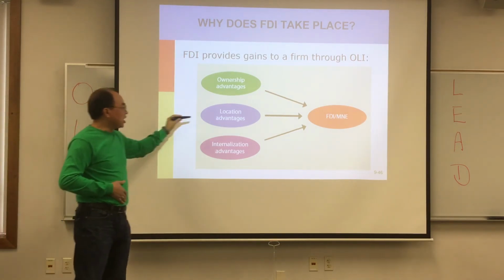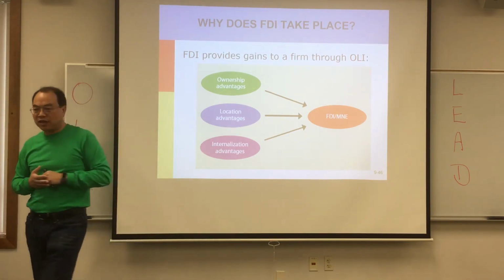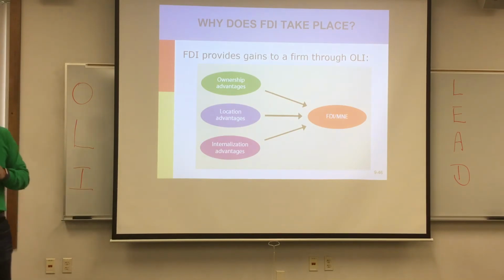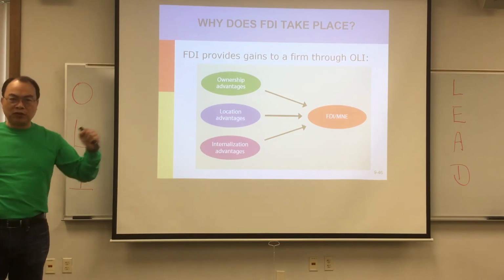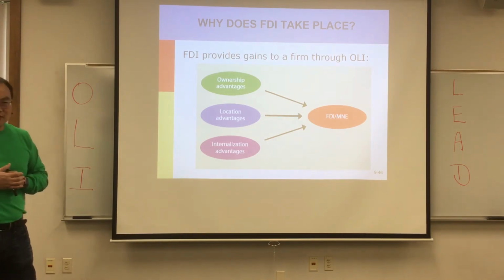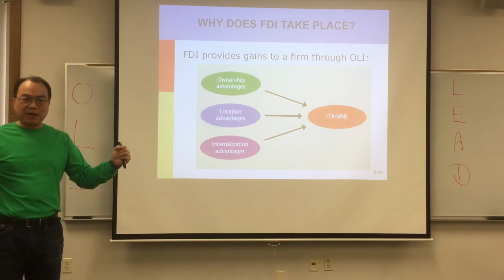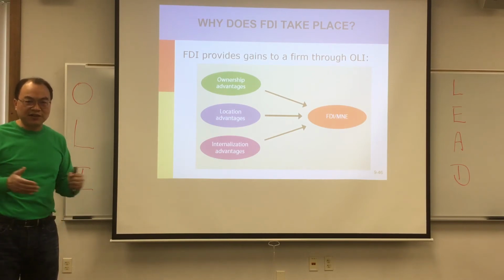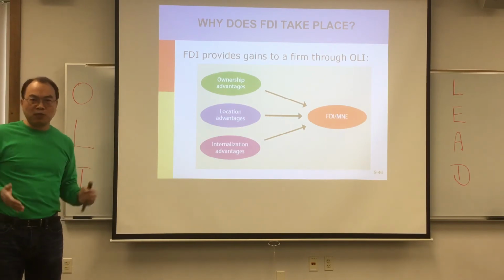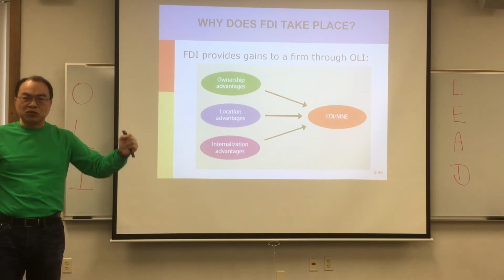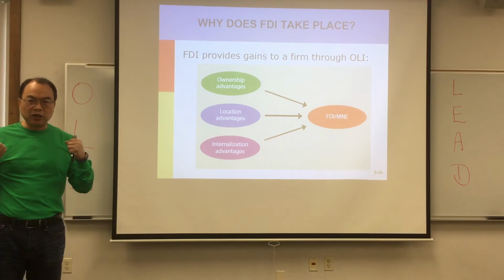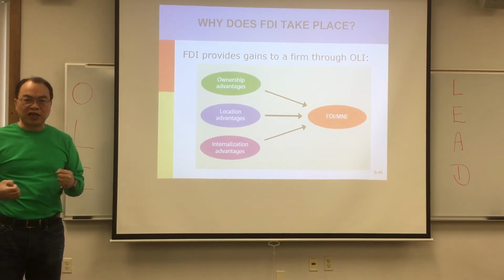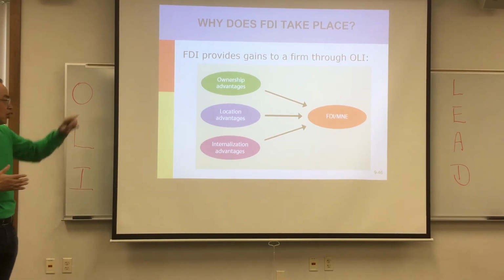The next one is location advantages, okay? As we just mentioned, why would Tesla want to go to China, right? China has 1.4 billion people, but also even if only 10% of the Chinese are middle class, you get some super rich. You get more millionaires in China right now than in the US. So these millionaires like to buy American electric cars to show off, okay? I'll go into details on that.